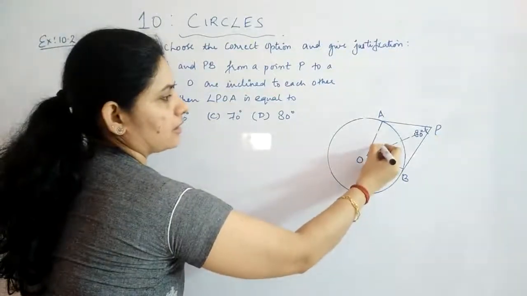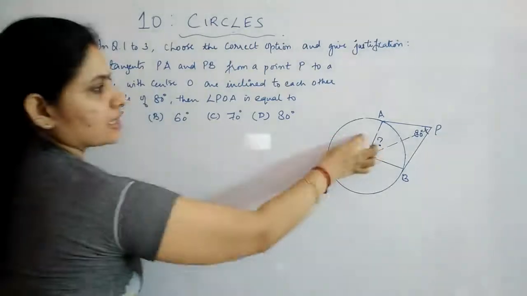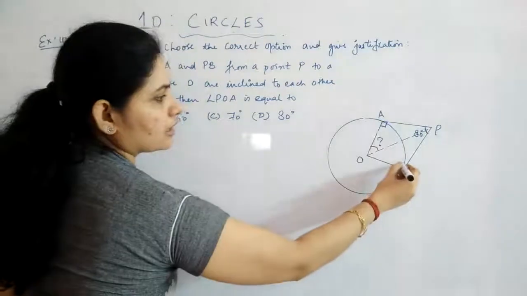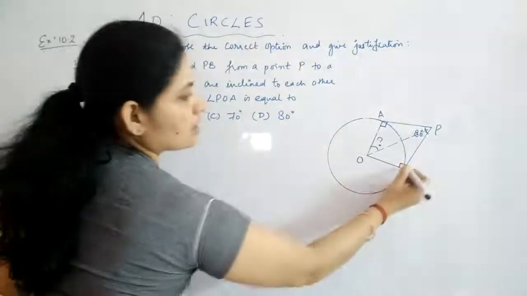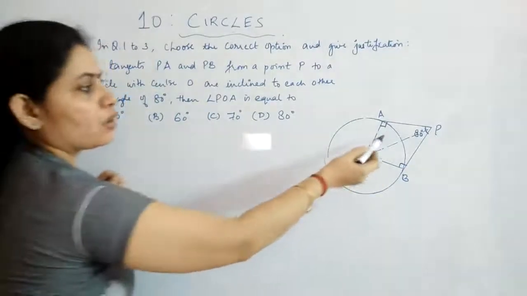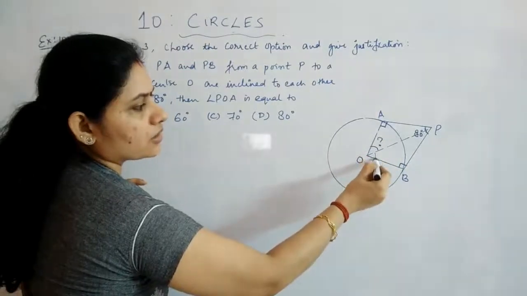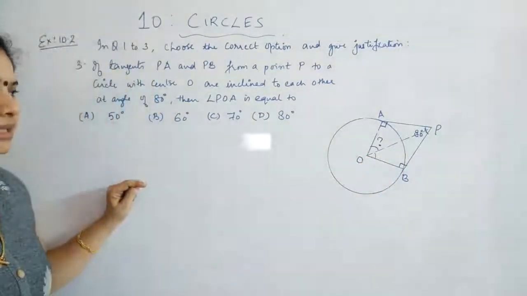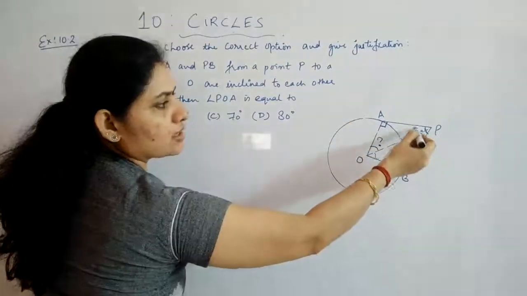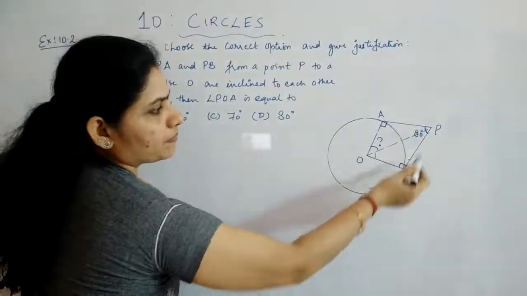POA, that is this angle. For that, first again we will use the concept that the radius and the length of the tangent make an angle of 90 degrees there. Here also 90 degrees. So again these two triangles are congruent. Congruent means this angle is equal to this one, and obviously equal to this one because OP is acting as the bisector. So you will get these two angles equal, and therefore these two angles are also equal. That means APO is equal to BPO.